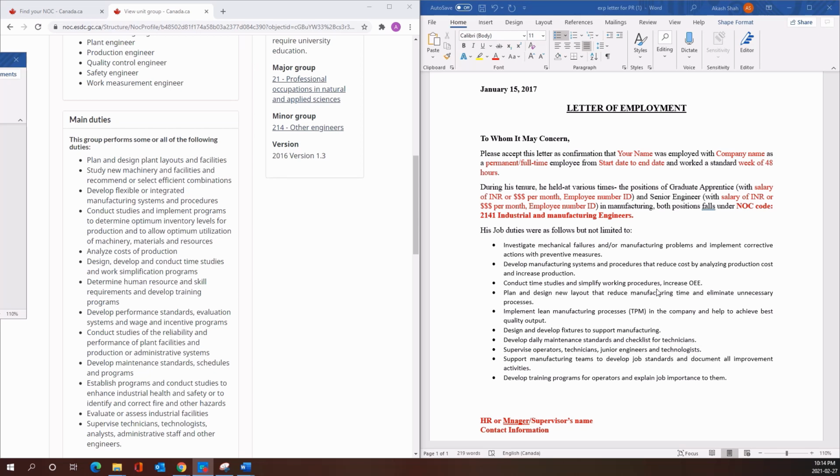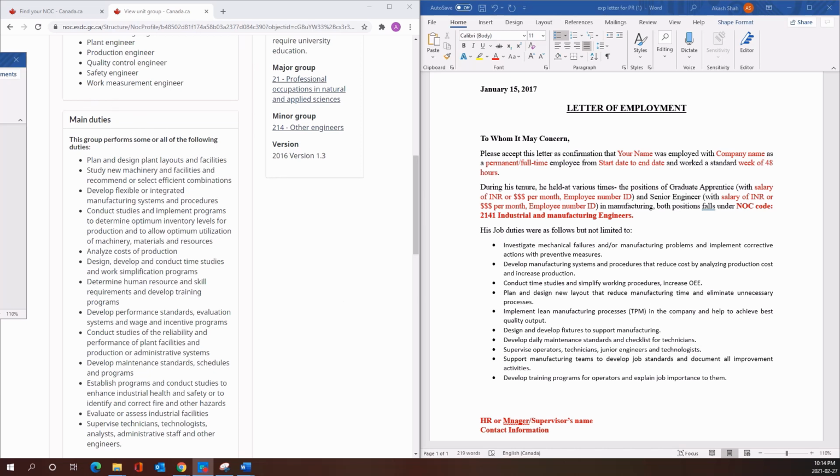Here I have conduct time studies and simplify working procedures. So my job duties are matching with the main duties, but the wordings are not exactly the same as what is shown, because these are all generalized job duties for all the engineers who fall under this category.